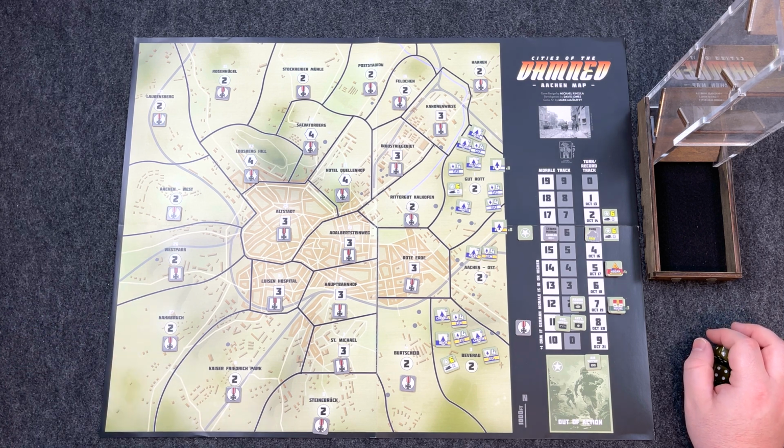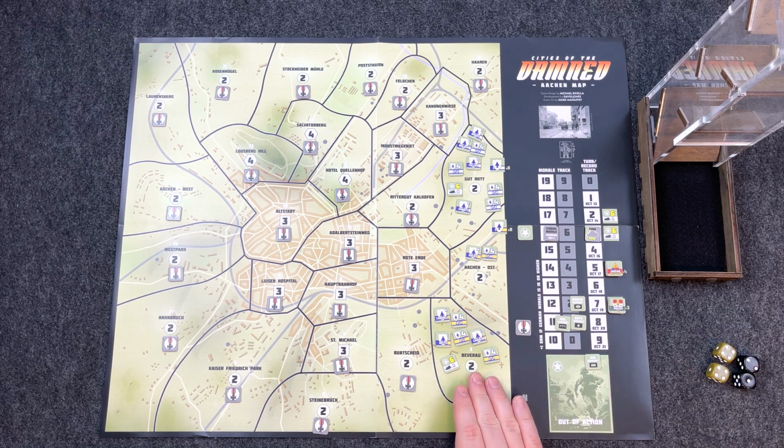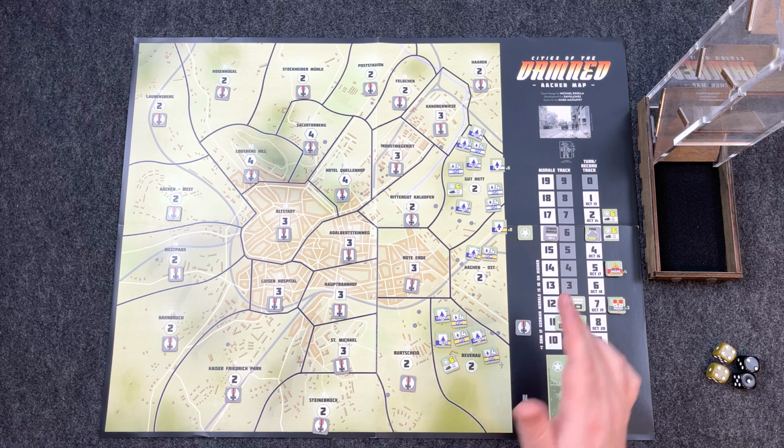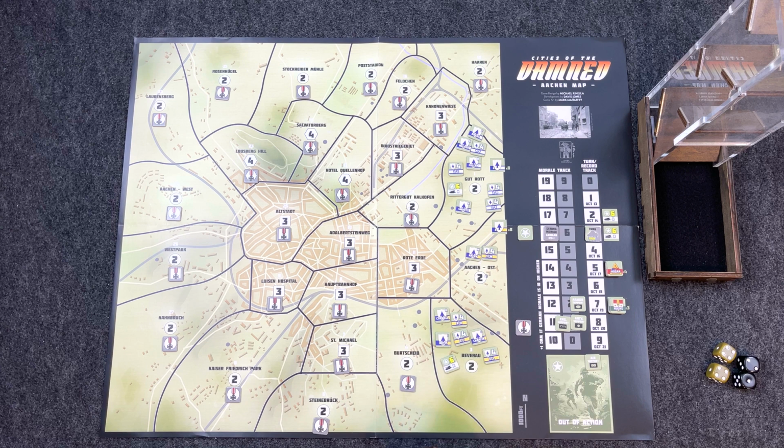Okay, all right. Now, here's where it starts getting tricky. We had a fight in a suburban area. We captured it, so we reduced German morale. If we have another one in a suburban area and win, remember, the German morale doesn't go down anymore. So we can still take control of areas, but just keep in mind it's not going to be as effective. So let's go ahead and activate